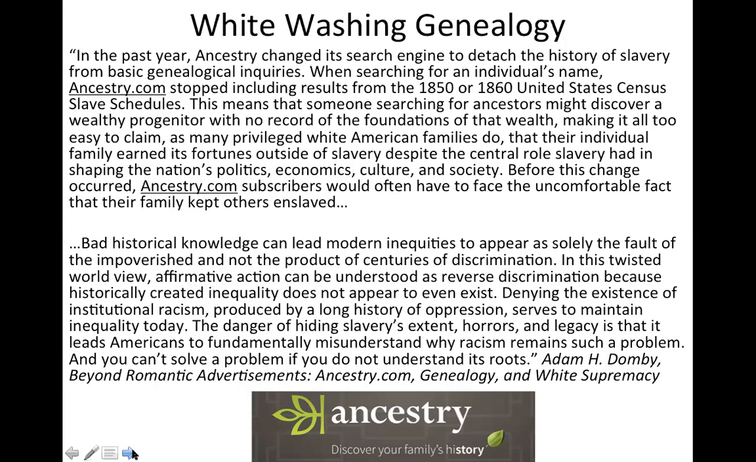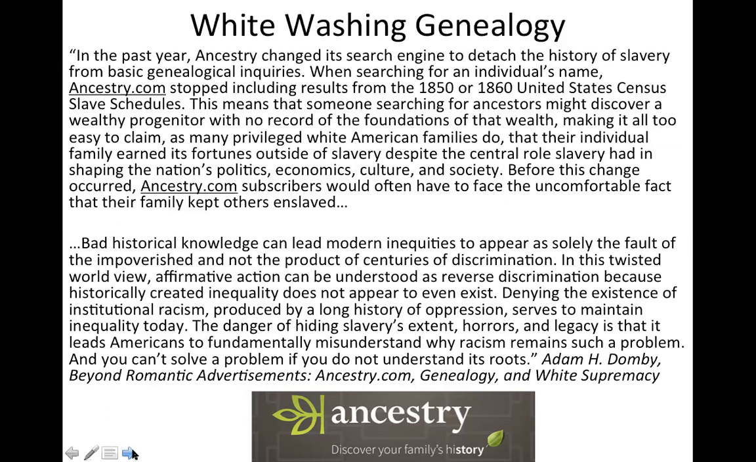This means that someone searching for ancestors might discover a wealthy progenitor with no record of the foundations of that wealth, making it all too easy to claim, as many privileged white American families do, that their individual family earned its fortune outside of slavery, despite the central role slavery had in the shaping of nation politics, economics, culture, and society. Before this change occurred, Ancestry.com subscribers would have often had to face the uncomfortable fact that their family kept others enslaved. Bad historical knowledge can lead modern